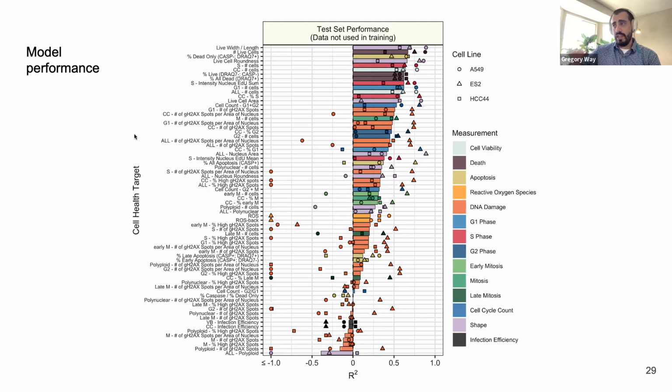One limitation in this study was that we had only 119 guides by 3 cell lines. That's 357 different perturbations that we were training our models on. That's a really small data set to try to fit a machine learning model. In the paper, we have a figure where we slowly remove samples and show that by no means have we plateaued in our performance, which indicates that if we increase the amount of data, we're likely to also see an increase in model performance.